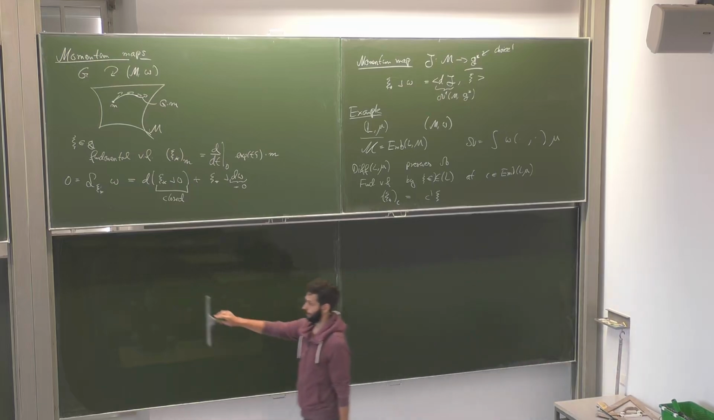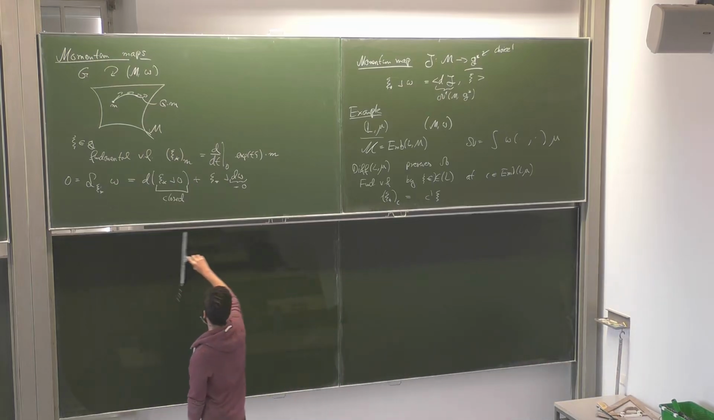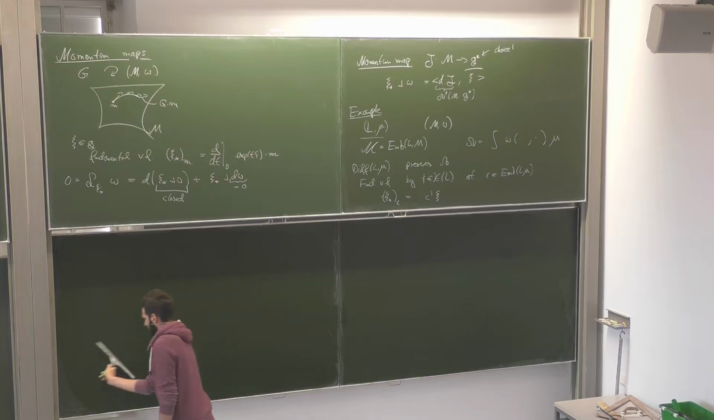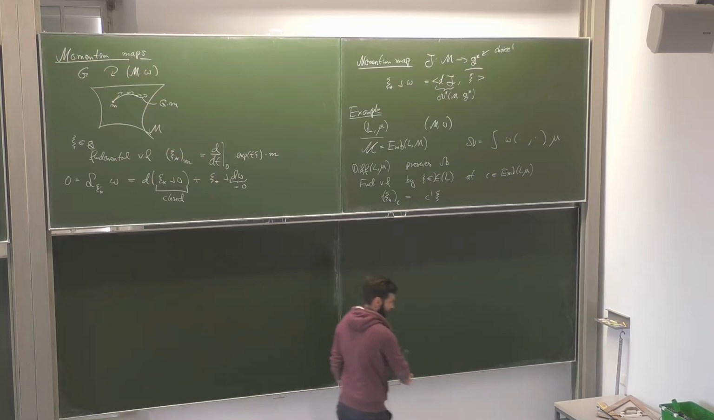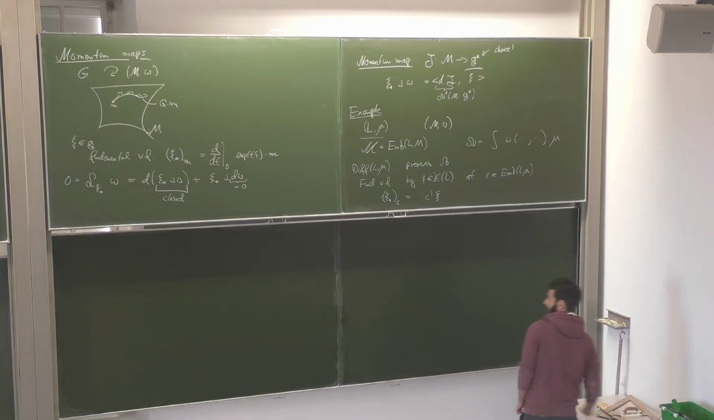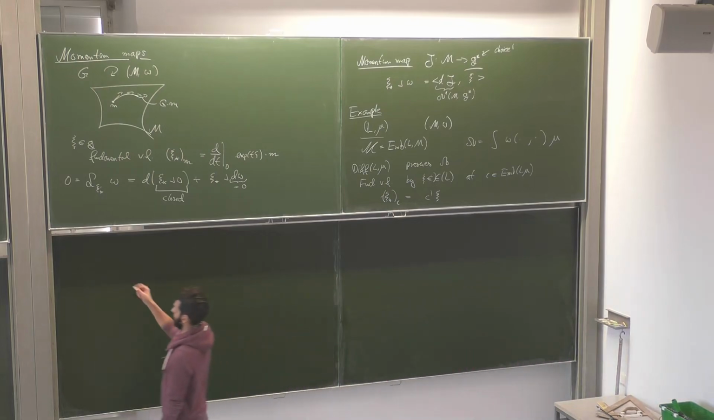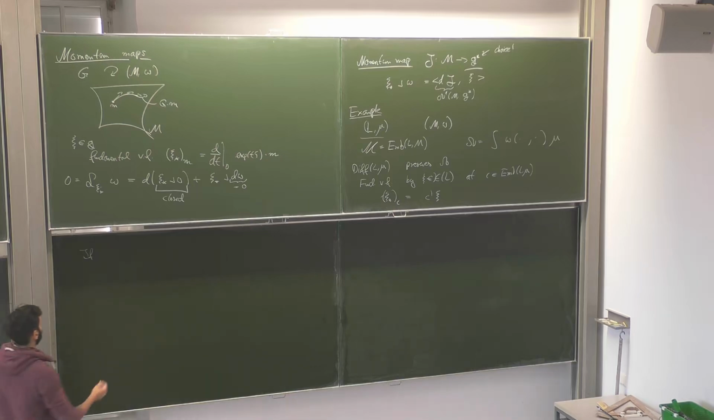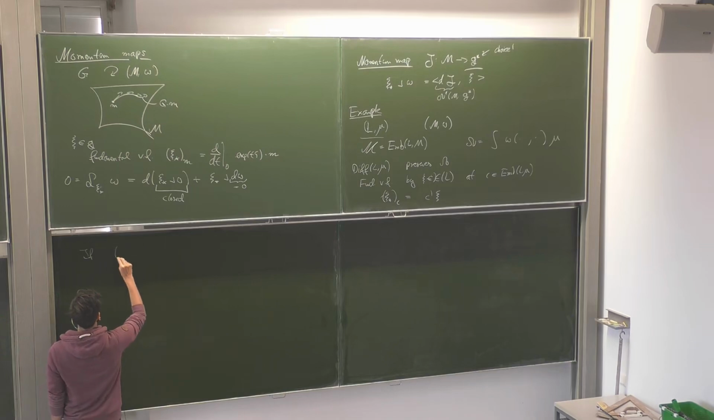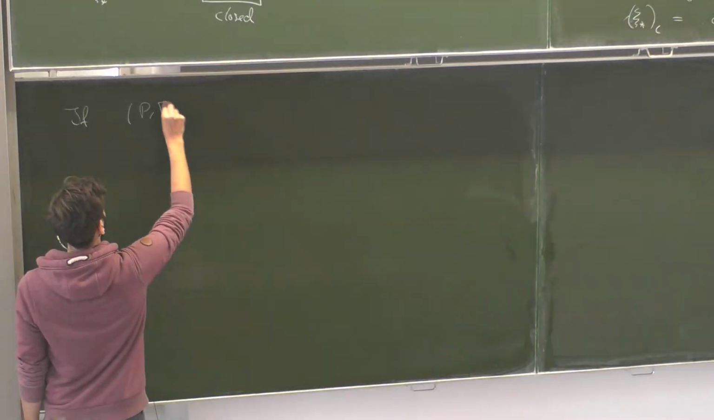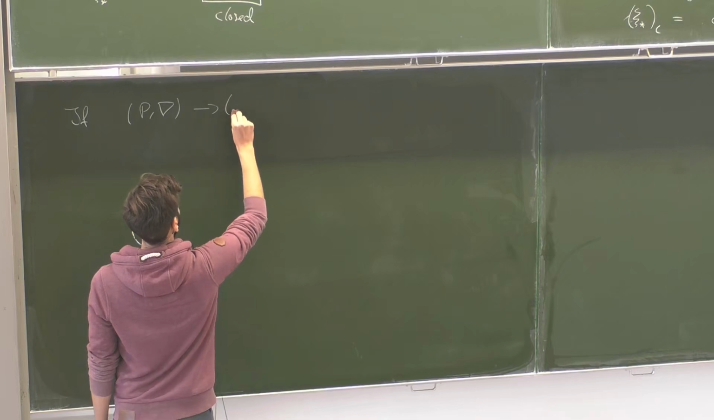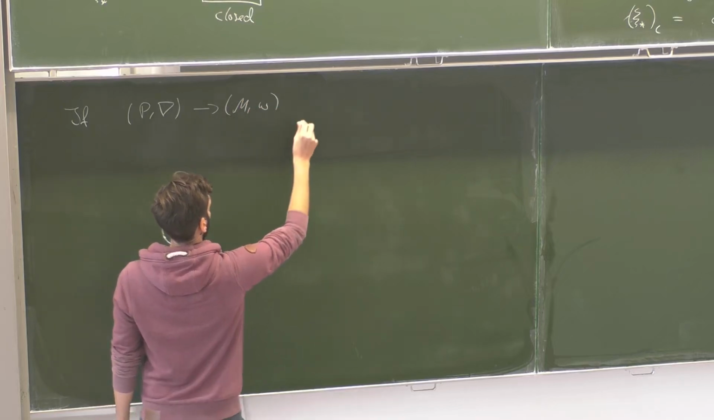So the reason why I'm discussing these bigger groups is because it gives us a little bit more freedom to play with. And in fact, we have the following result. Assume that, here we assume that omega was exact. Now we assume a considerably weaker condition, namely that we have what is called a pre-quantum bundle